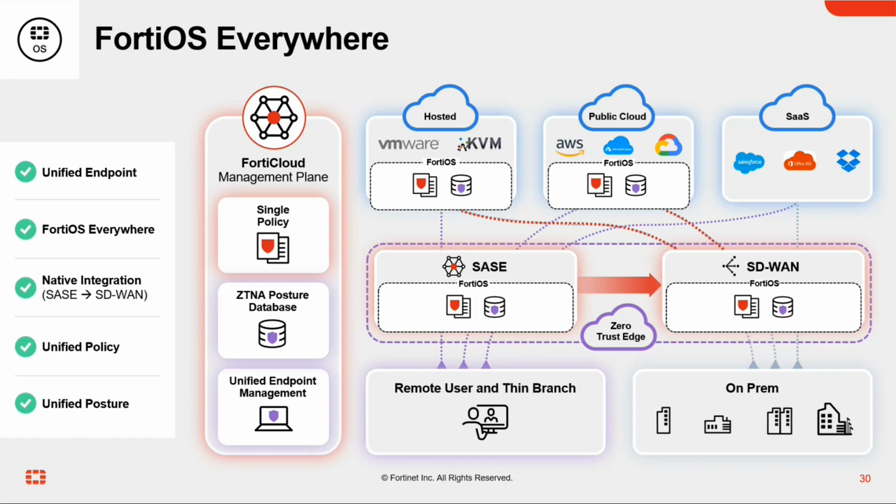So FortiOS being delivered in the private cloud environment, the public cloud environment. In the public cloud environment, that could be next generation firewalls or FortiGate VMs, securing those applications, securing those workloads. In the public cloud, likewise in the private cloud environment. It provides that native integration. So if you have got those FortiGate VMs in the public cloud, those can be, let's say, integrated into a secure SD-WAN environment as well. So providing secure tunneling into those applications for those corporate users, but also for those users working from anywhere.